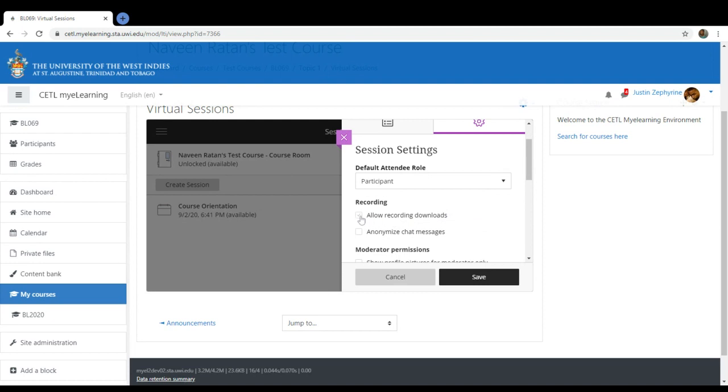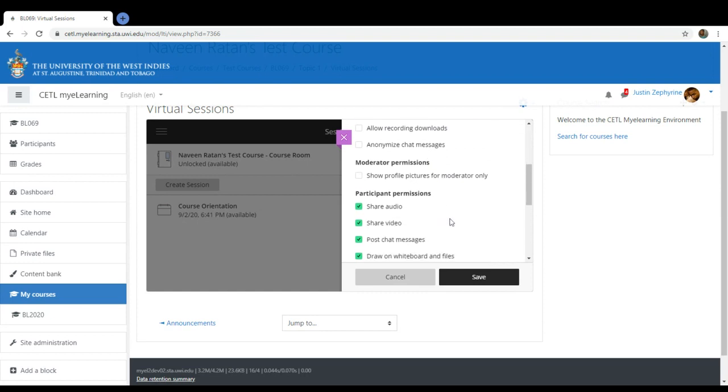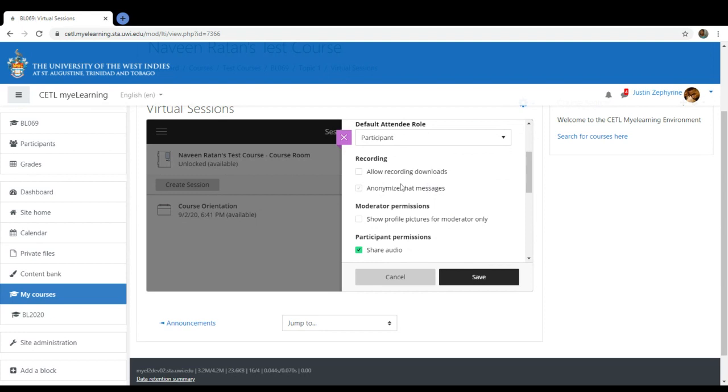Whether you want to allow students to download, or even you, to download the recordings of the session. If you want to, tweak the chat settings, among other things. But I was showing you this mainly with regard to this particular one, whether you want to allow the recordings or not.